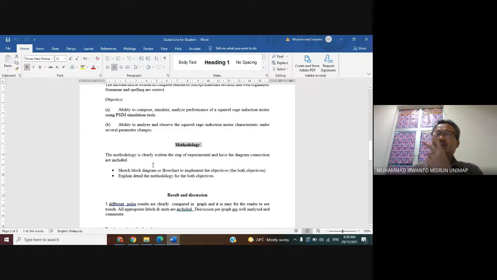Now, here you have two objectives. The first is the initial motor, meaning you use the initial parameters and put in the number of poles, for example, and then you observe the electrical parameters, the characteristics of the induction motor. The second objective is to change the pole, and then observe the characteristics of the induction motor.